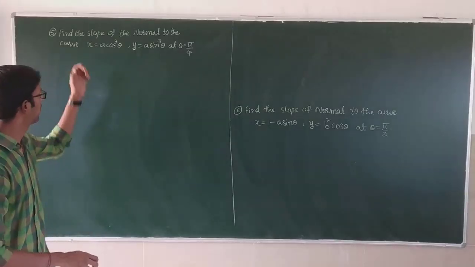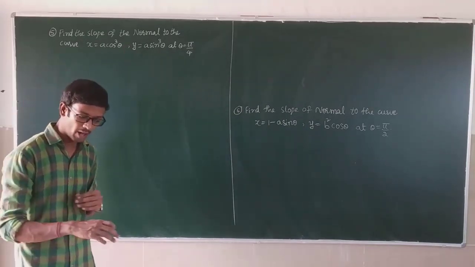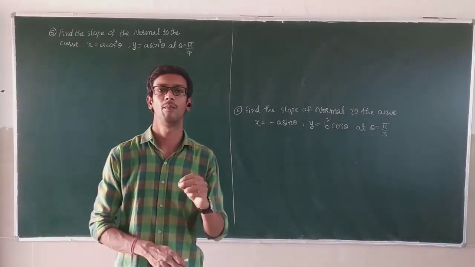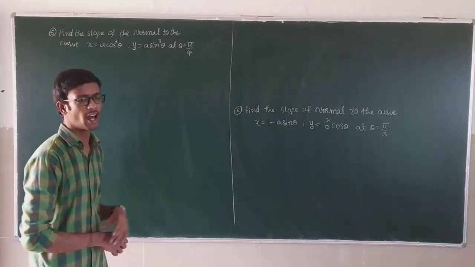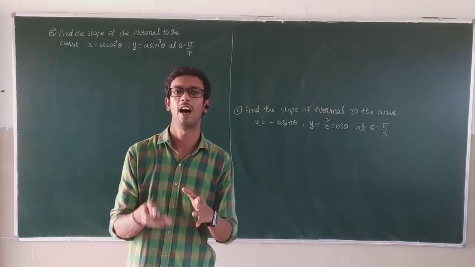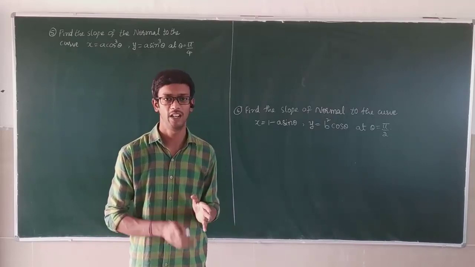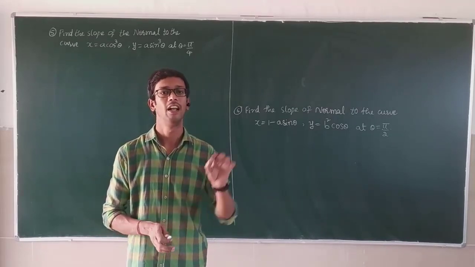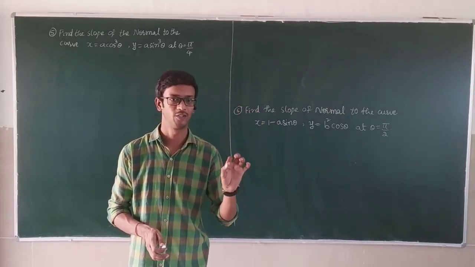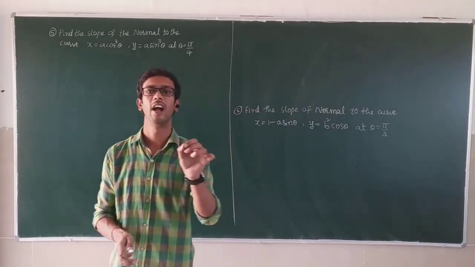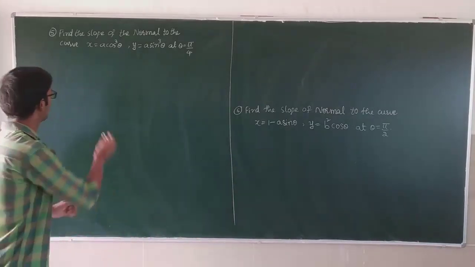Next, problem number 5. Find the slope of normal. Up to now we discussed the slope of the tangent. Here it is the slope of the normal. What is the difference between the slope of the normal and the slope of the tangent? The slope of the tangent is dy by dx at that particular point. Normal means minus 1 by dy by dx, and that point we have to substitute. Now you see, first of all, given